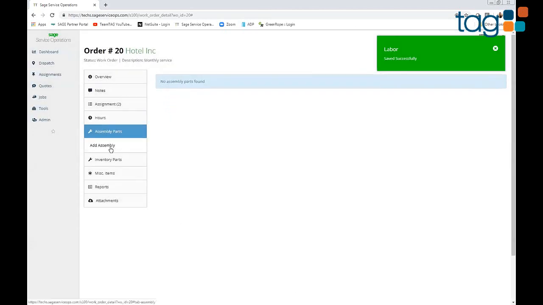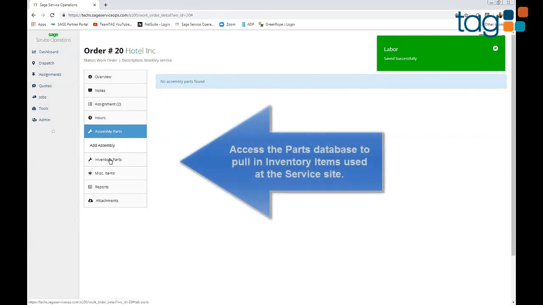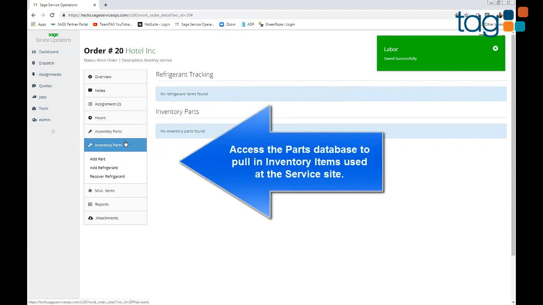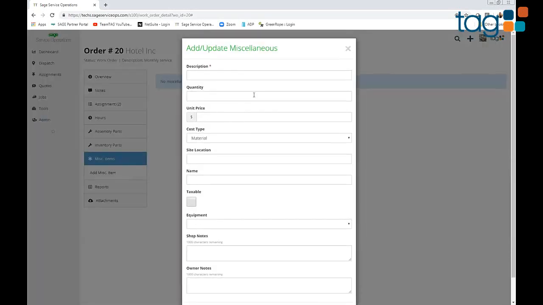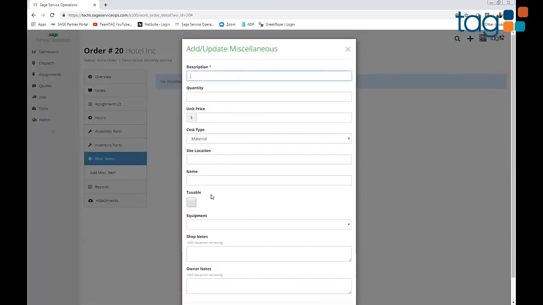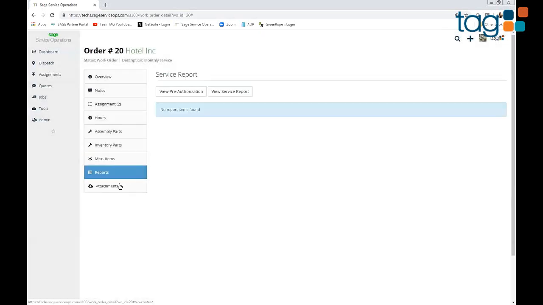So that's been added. You can also pull in parts and inventory from your accounting system. So you can go ahead and add anything there that needs to be added, and then you save that. Then when you go to